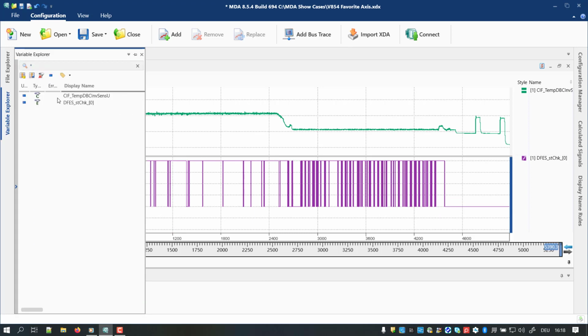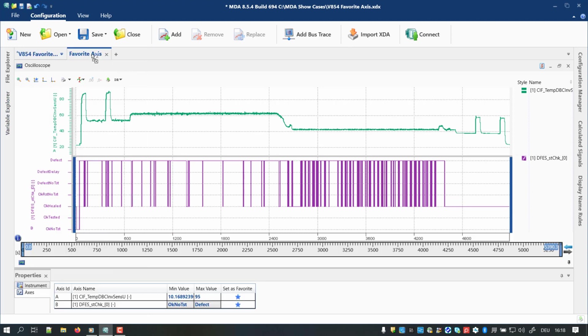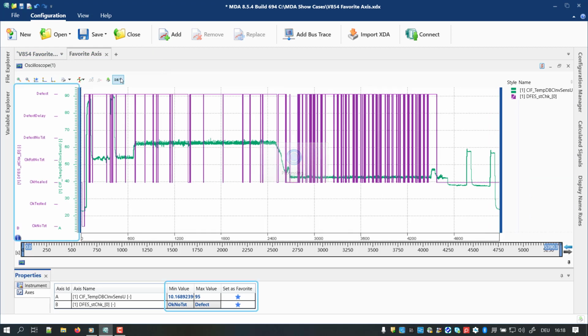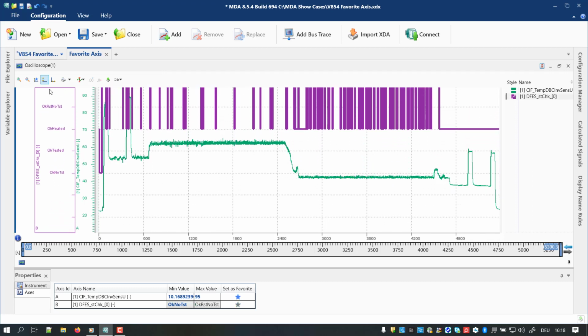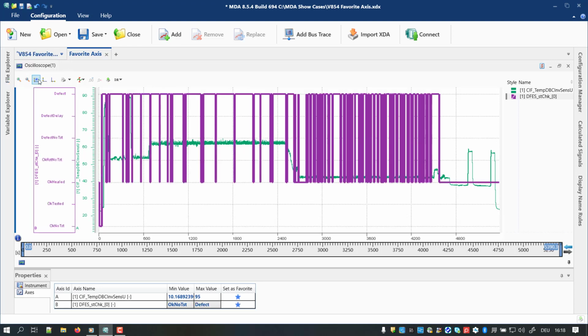When a signal is assigned newly to an oscilloscope, the favorite axis range is used as default. Moreover, after zooming or scrolling a value axis, you can quickly rescale to the favorite axis range via context menu or the icon in the toolbar.